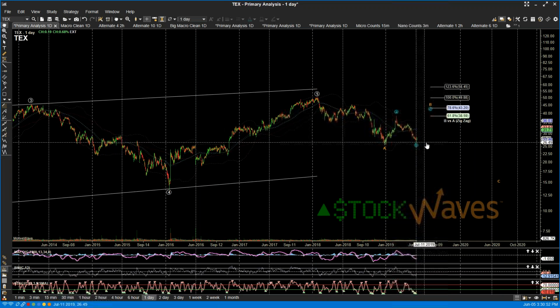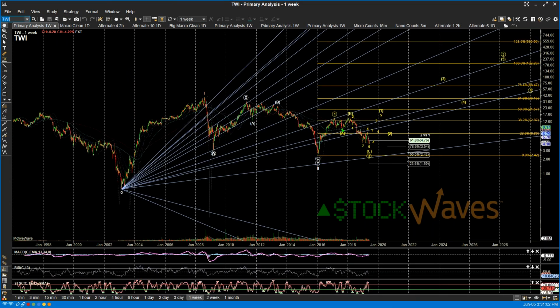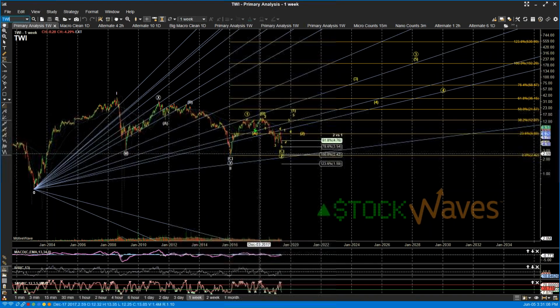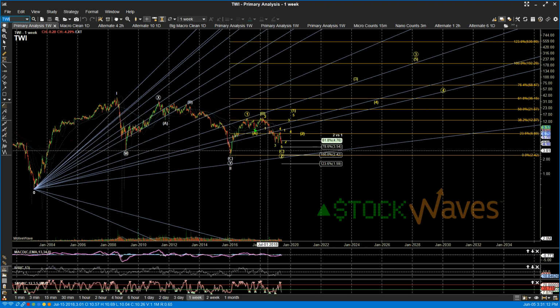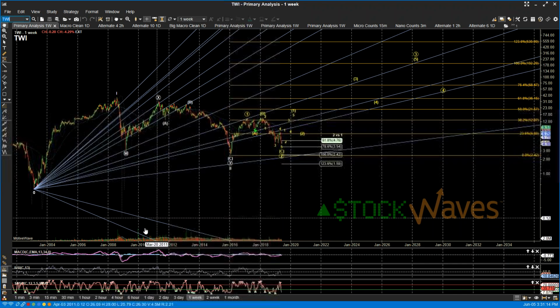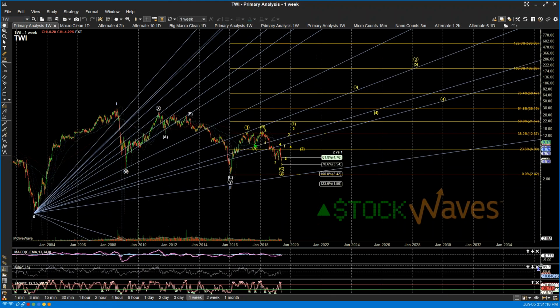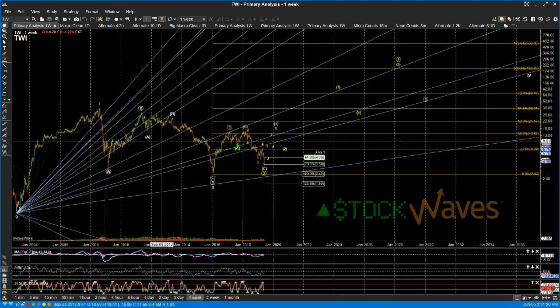So good risk reward there, also off of that recent 26-30s low for the C wave up. And then lastly, I wanted to take a look at TWI. It jumps down further on the list of farm and construction manufacturers from some of the bigger cap names at the bottom, and only a 263 million market cap. But Garrett and I like this name, one, because it's kind of an ancillary play to